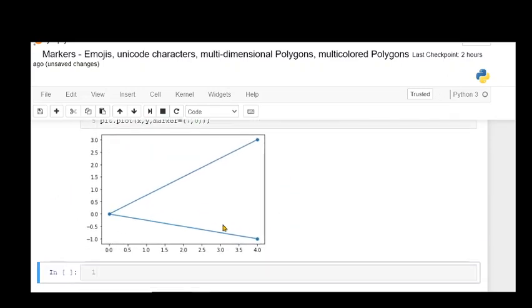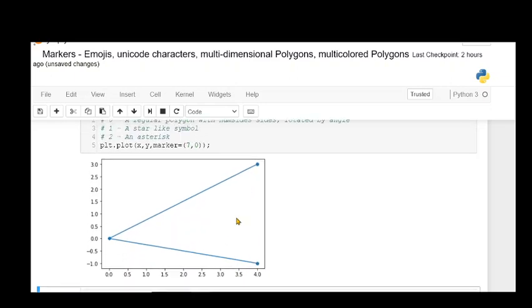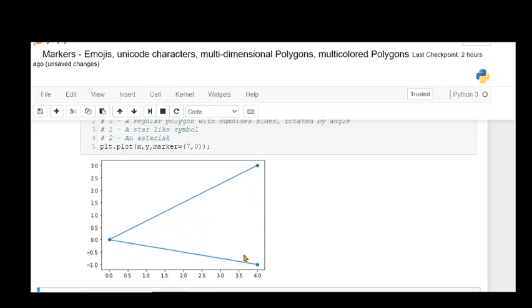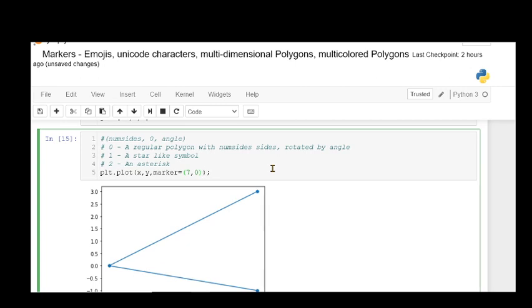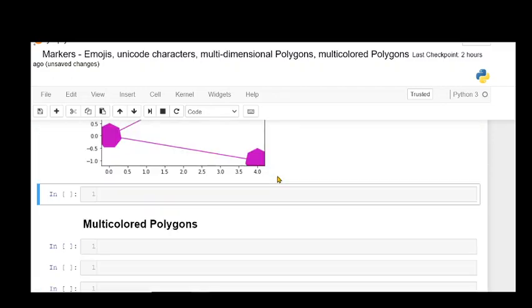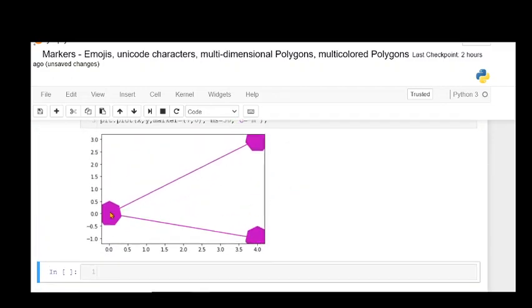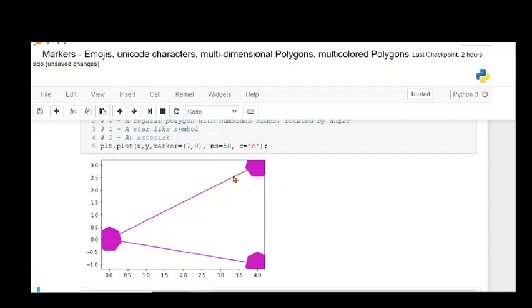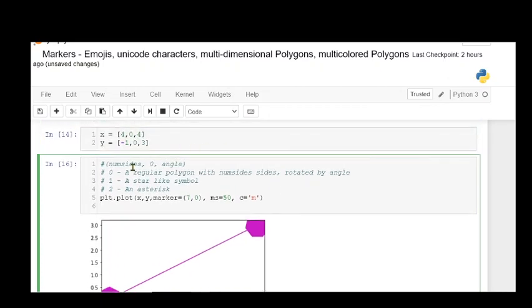The sides are not seen well enough, so let me just increase the marker size here, and let us make the color magenta. Okay, once I increase this, you will see that there are 7 sides.